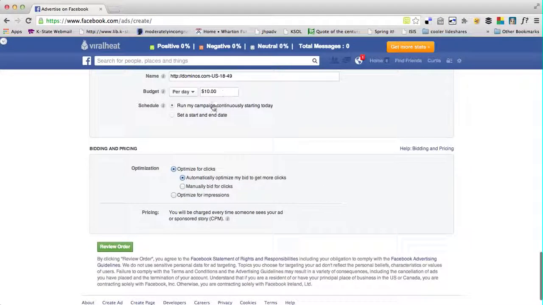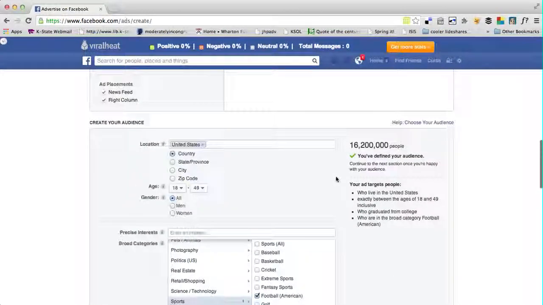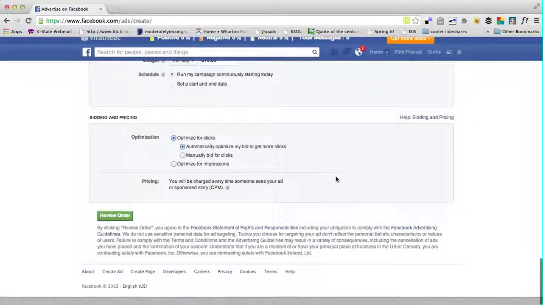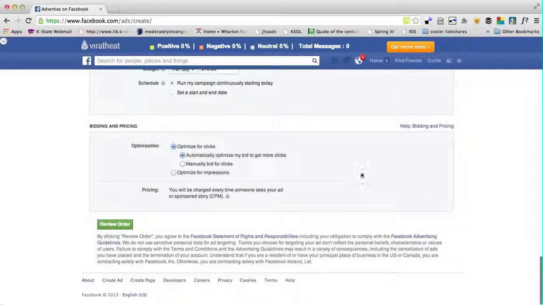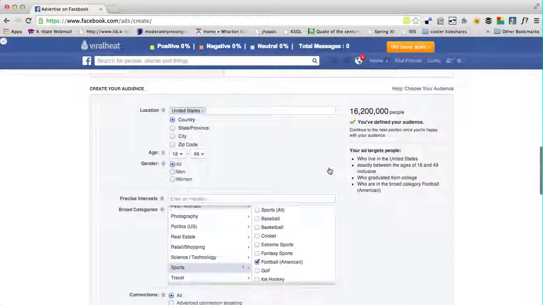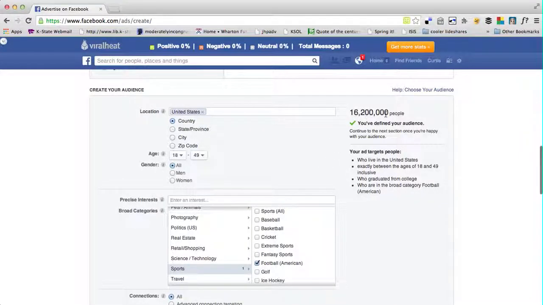Again, it's still going to give me the ability to check out what my budget is per day, give a name for the account so it's easier to track. If you have some kind of third-party help, you can go in here and manually bid for clicks rather than just using the built-in kind of Facebook offering. But again, you can click through on these pages, and as long as you're not going to go here to hit review order or place the order, you can use this to see what potential size audience do you end